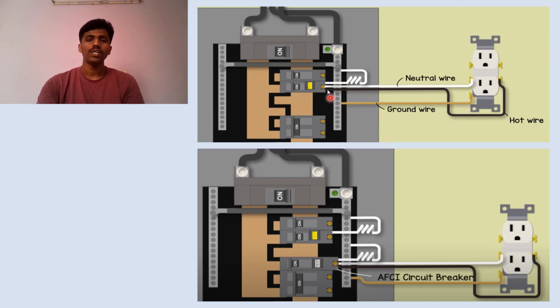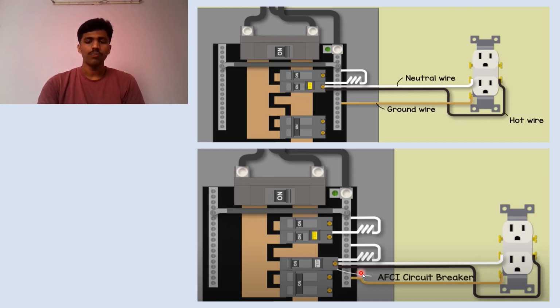Whenever we need to measure the value of current flowing through the hot wire and neutral wire, we put in the plug. If someone puts a screwdriver in one of the plugs, the person may feel an electric shock. To overcome it, this GFCI circuit breaker will trip the circuit as soon as possible, as the current will pass through this pigtail connection, and it will lead to the tripping of the circuit breaker.